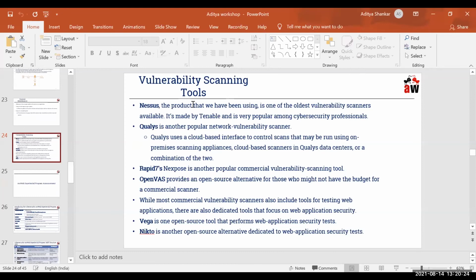So vulnerability scanning tools, I'm just going to quickly discuss that. Like Nessus, we have discussed. Qualys is another very popular one. Rapid7's Nexpose is a very good tool. I would say OpenVAS is an open source tool. So these are general purpose tools, mostly for network and for web